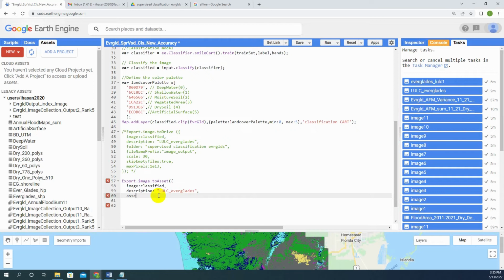Asset. Bear in mind that how I write, you should follow the same capitalize, lowercase or uppercase in later. So let's call the folder like Everglades to asset, Everglades to asset,